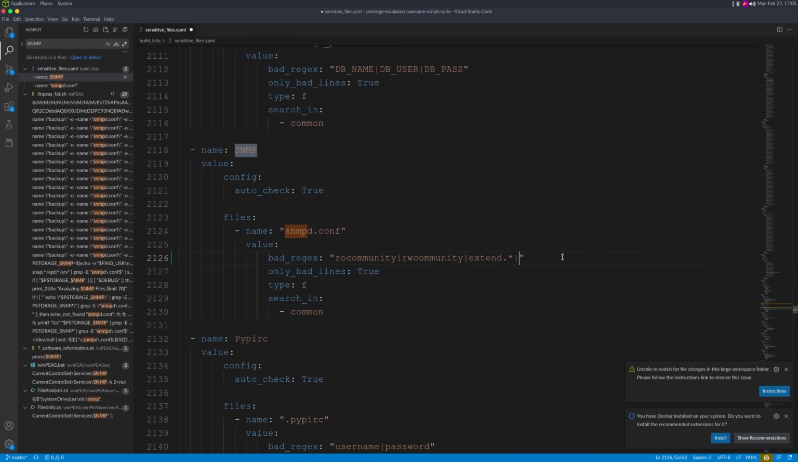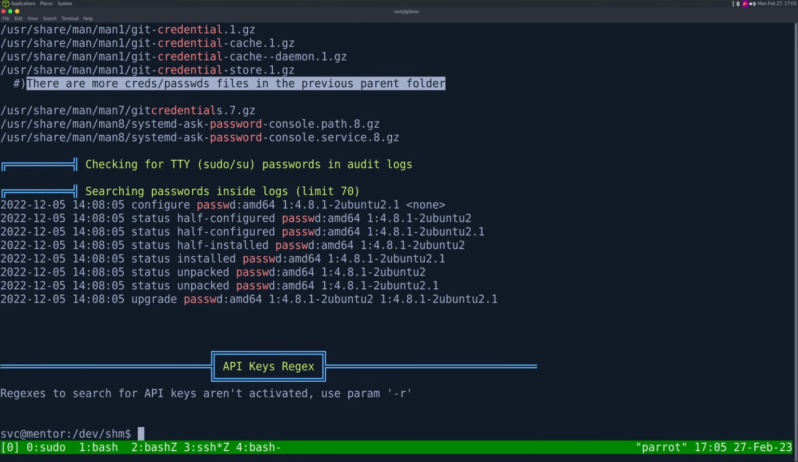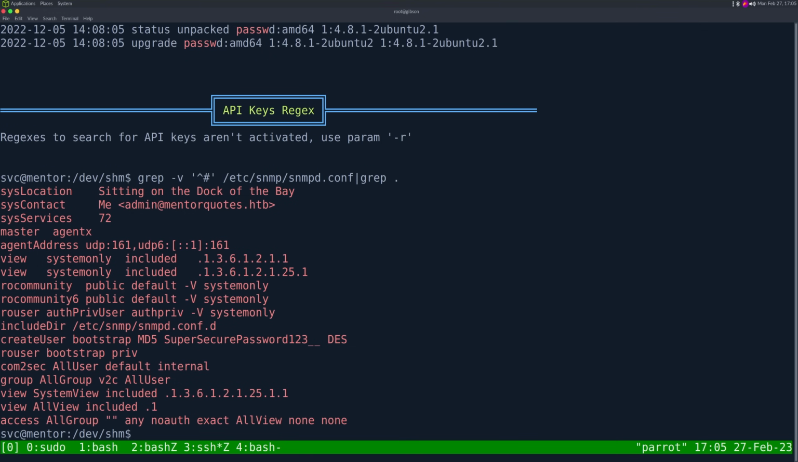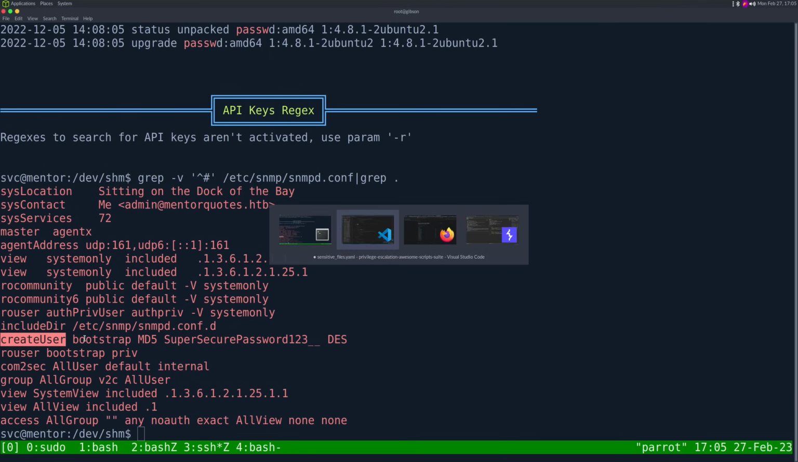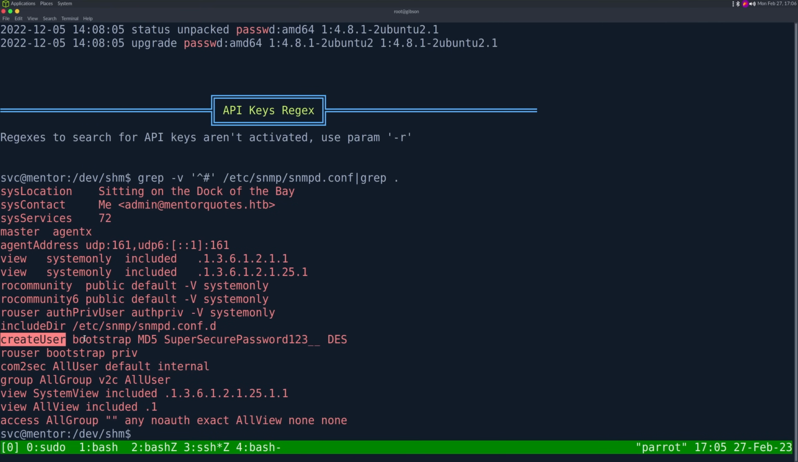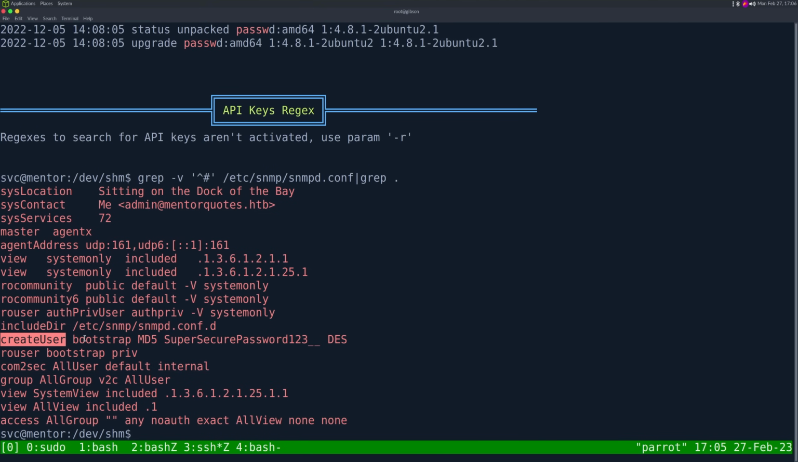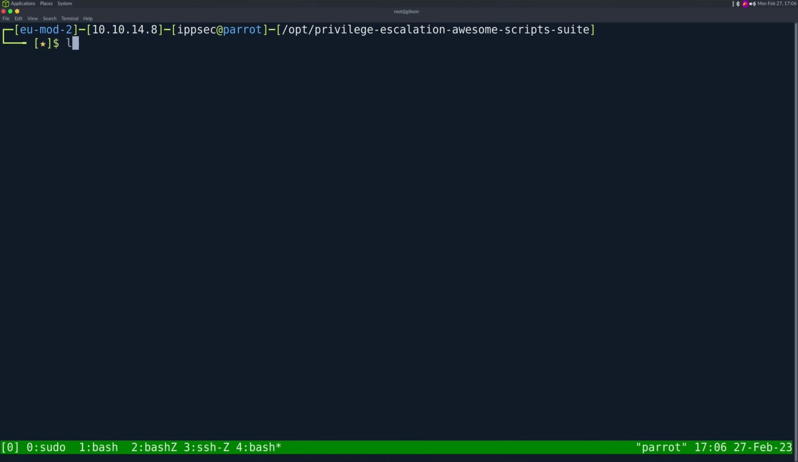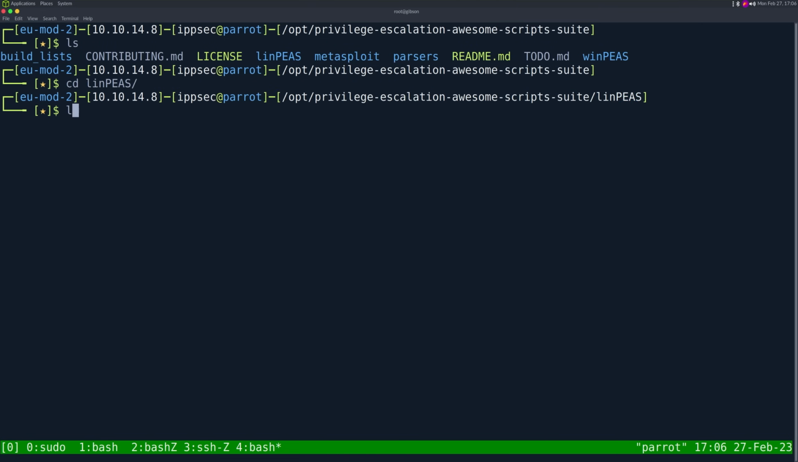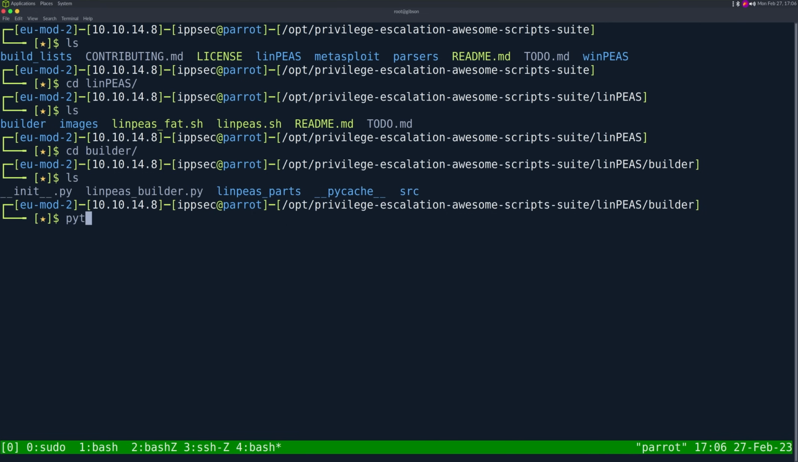So we want to add a create user, right? And I only care about users when it starts with create user, probably. If we go with this, yeah. So I'm going to put one for create user like this. And then we're going to save it. And then we have to build LinPEAS. So let's go into LinPEAS and then go to builder. I can probably python3 linpeas_builder.py,